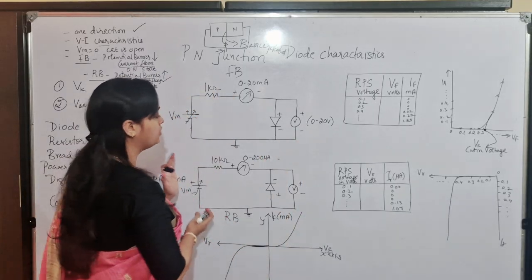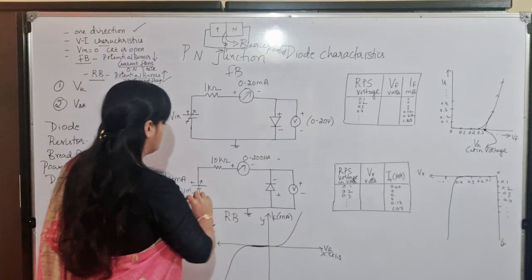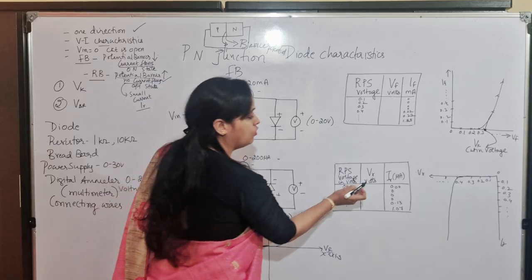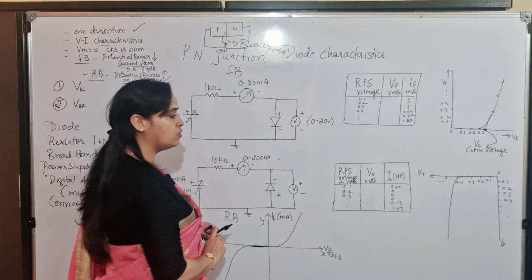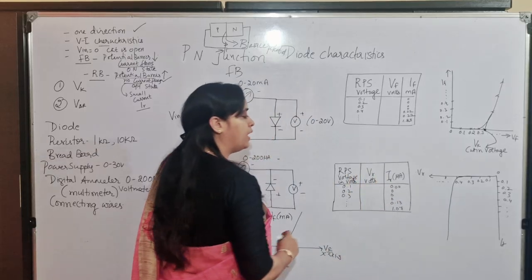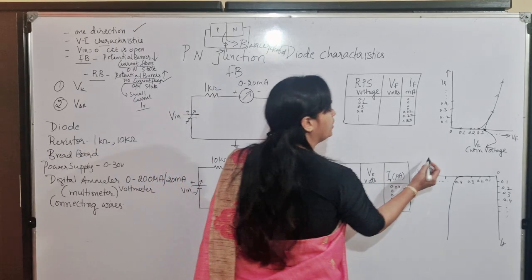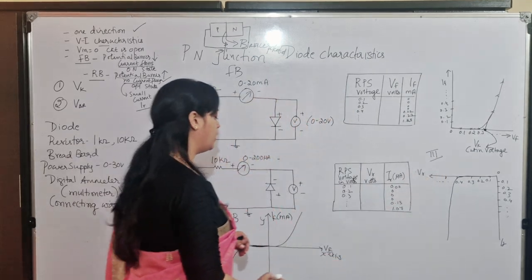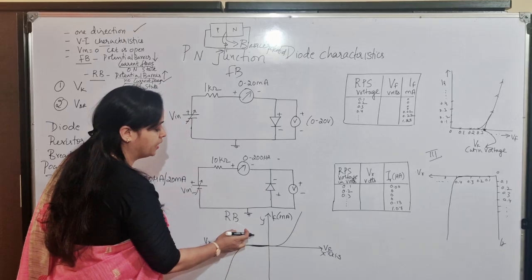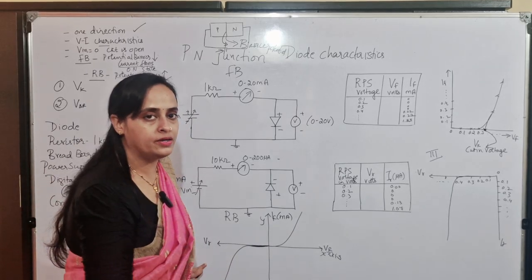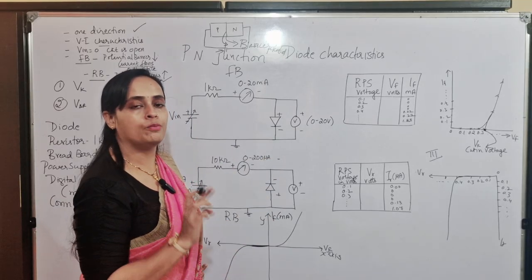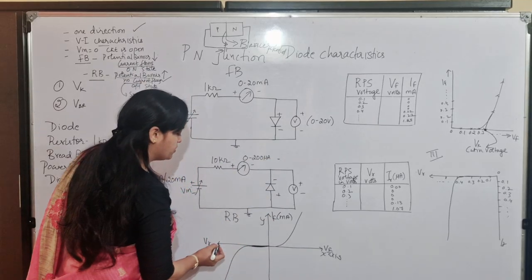Now how do you plot the readings of reverse bias? Same thing, as you increase the RPS, that is 0.1, 0.2, 0.3, record the reverse voltage, and for the reverse voltage record the current which is flowing through the diode, that is IR. But while plotting the graph, we are going to do that in third quadrant. What do you mean by third quadrant? If this is a graph, first quadrant you are doing it for forward bias, second and third. Why are we choosing third quadrant? Because during reverse bias, voltage applied and current obtained both are negative. So we are using both negative.